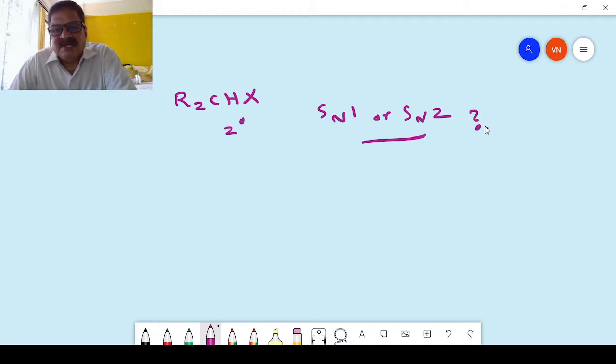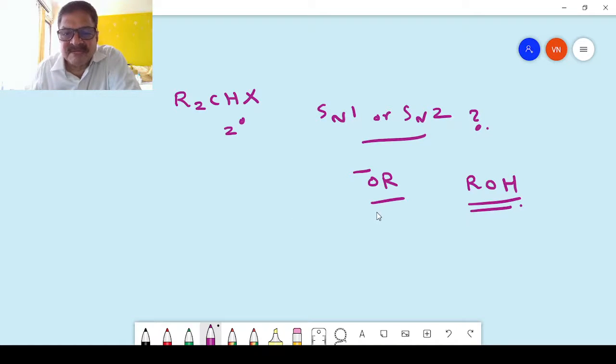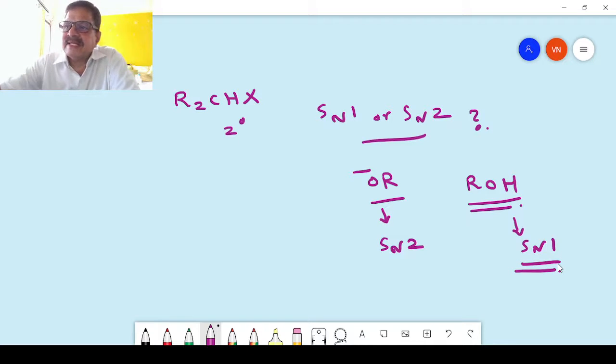So what are the conditions? If you use a strong nucleophile, we know it will favor the SN2 mechanism. For example, RO minus is a strong nucleophile compared to ROH. ROH is a weak nucleophile here. Therefore RO minus will favor the SN2 mechanism, whereas ROH, a weak nucleophile, will favor the SN1 mechanism. Correct? Therefore,